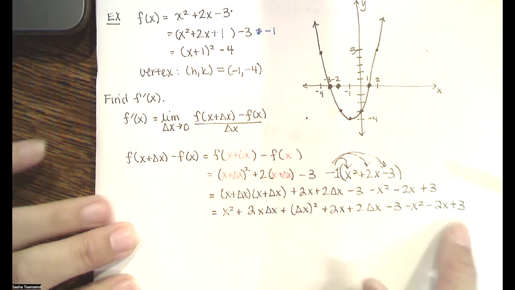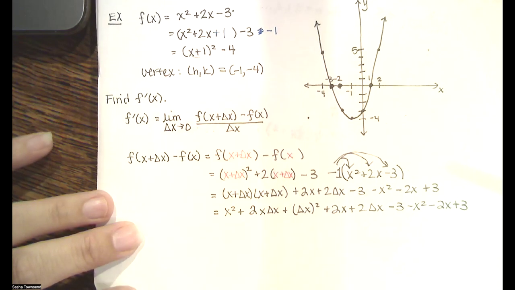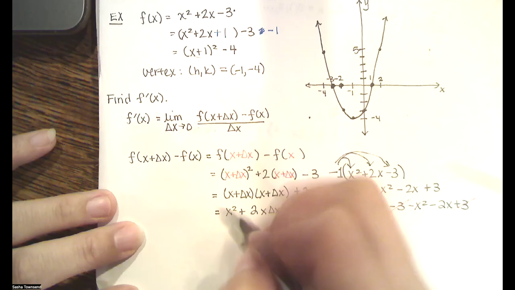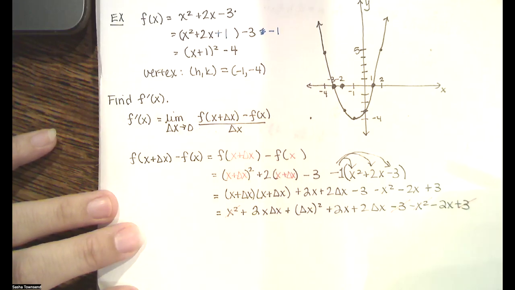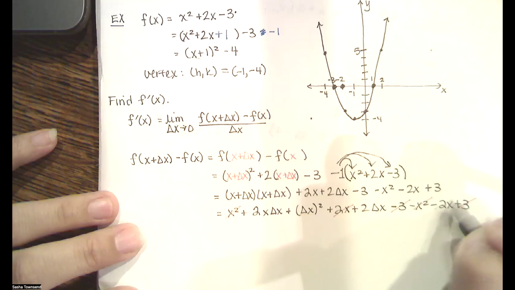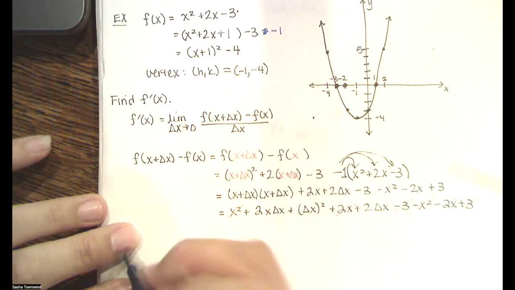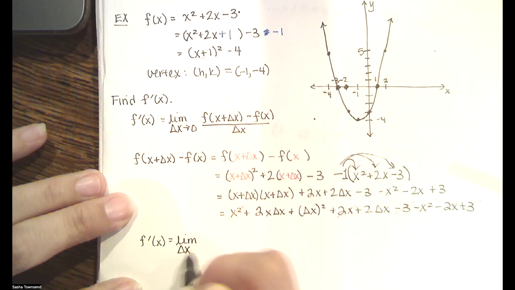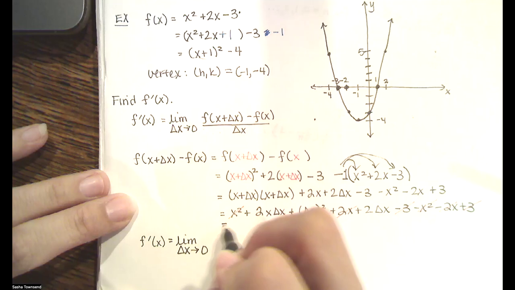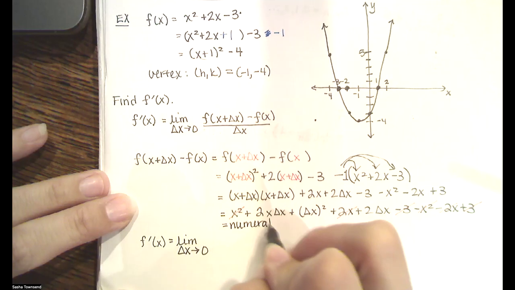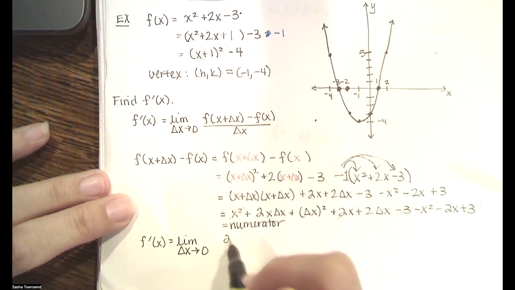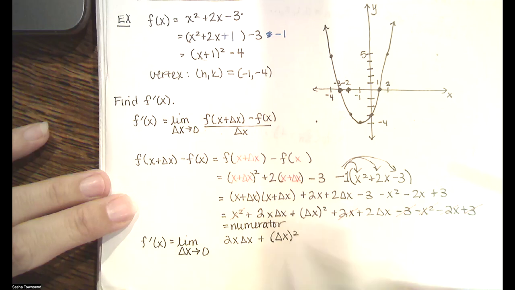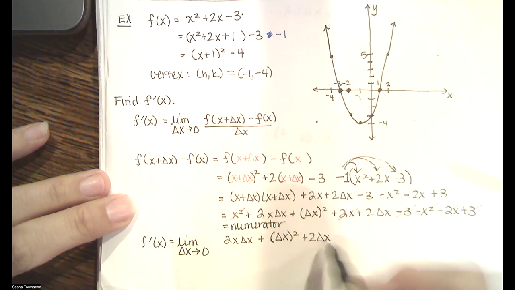And of course, we could simplify this first before we substitute it in if we want to. The -3 and the 3 reduce. And this x squared and negative x squared reduce. And the positive 2x and the negative 2x reduce. So f prime of x is the limit as delta x approaches 0 of that numerator, which is this 2x delta x plus that delta x quantity squared plus 2 times delta x, all divided by